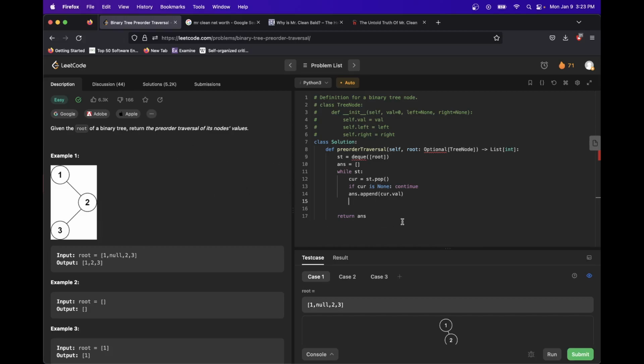So then we would say, we actually would want to say stack.append cur.left, but we actually want to append the right one first. And this is sort of a quality of stacks where we're putting the right node on top. So we're saying, okay, sort through the right subtree. And then immediately after that, we're putting the left node on top, and we're saying, actually, before you do that, now there's something else covering that. Do the left subtree first. And